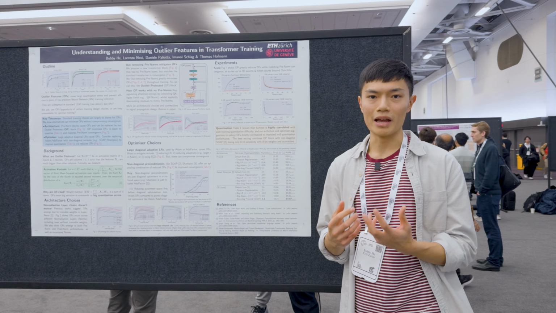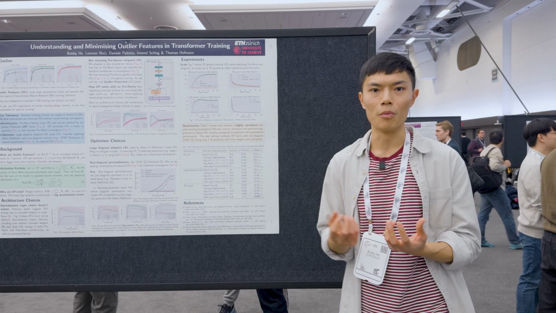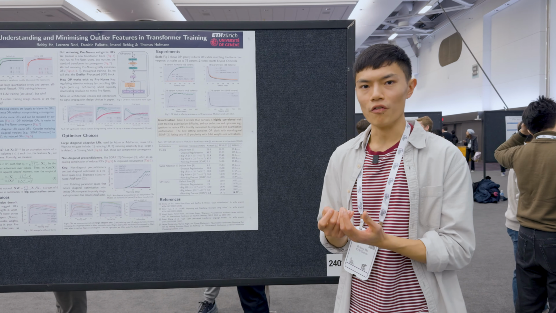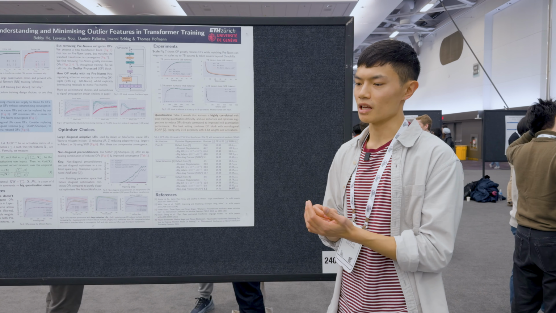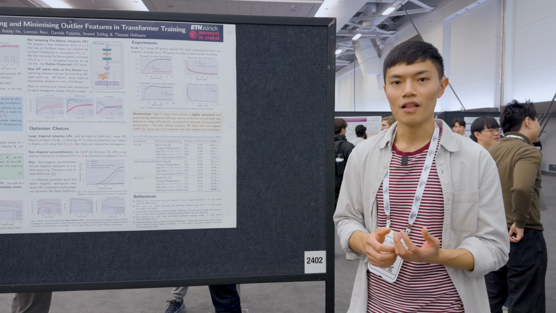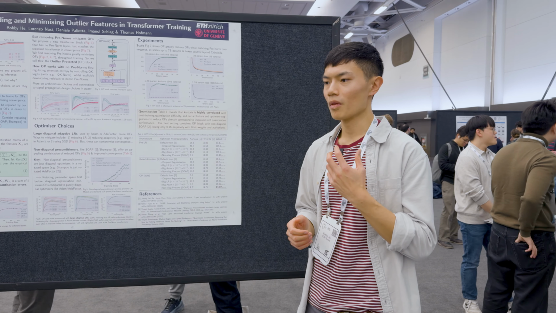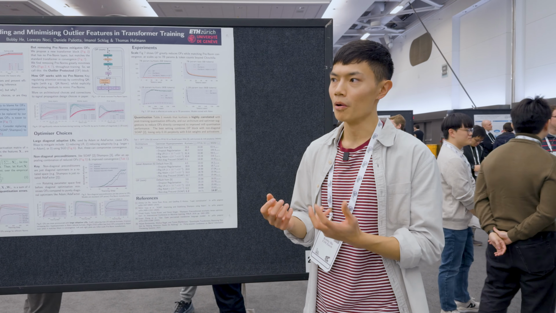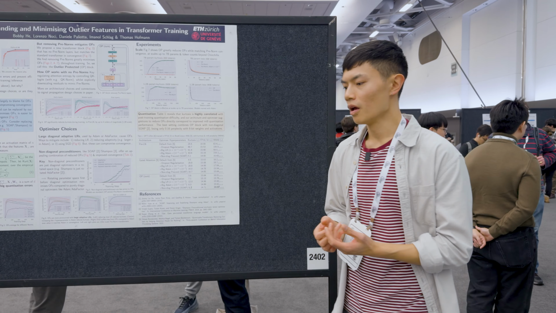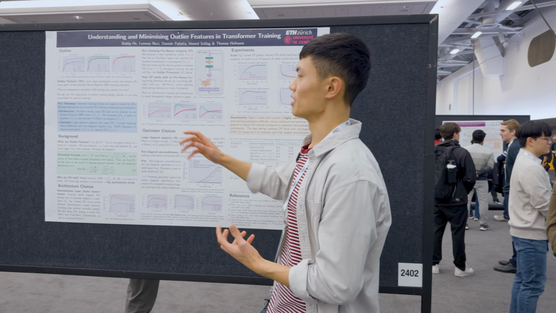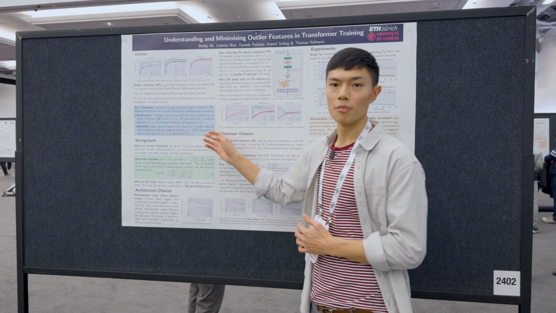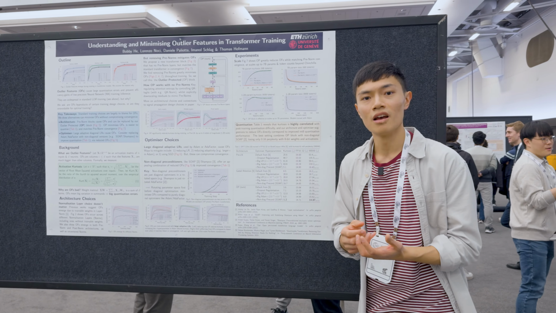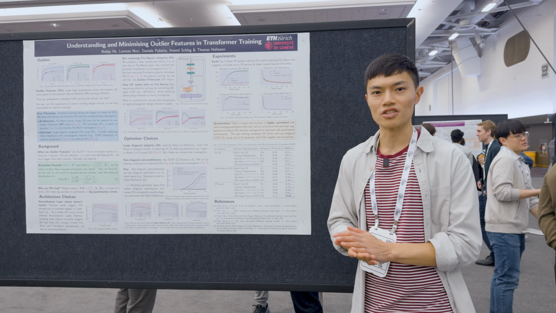In our work, we're interested in understanding why this phenomenon occurs. Is it an essential property of good training, or is it actually a byproduct of certain design choices that were made before you start training? And if so, how could we prevent this from happening? We focus on two areas: the architecture and the optimizer. The key takeaway for us is that, yes, we can significantly reduce outlier features compared to